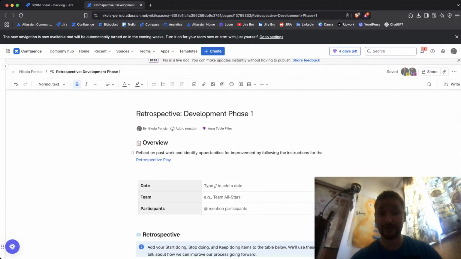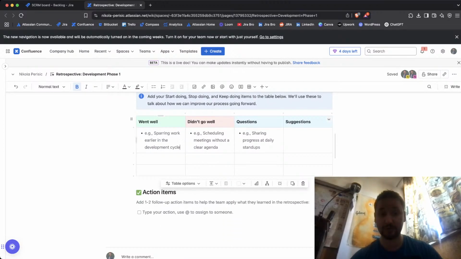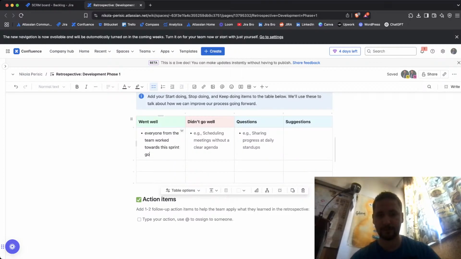And I can say what went well. Everyone from the team worked towards this sprint goal. There were some delays, for example, and then you can say, okay, these are the action items,